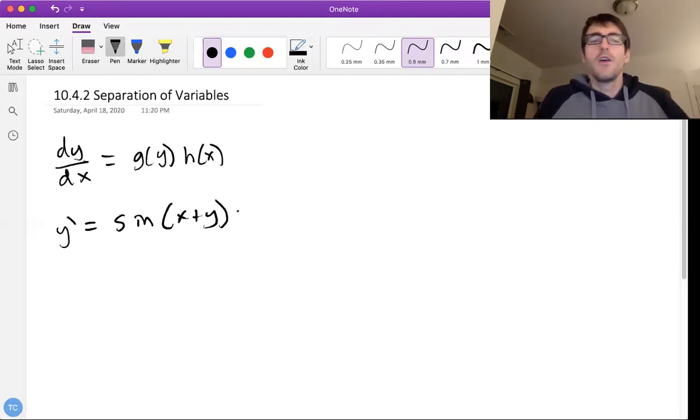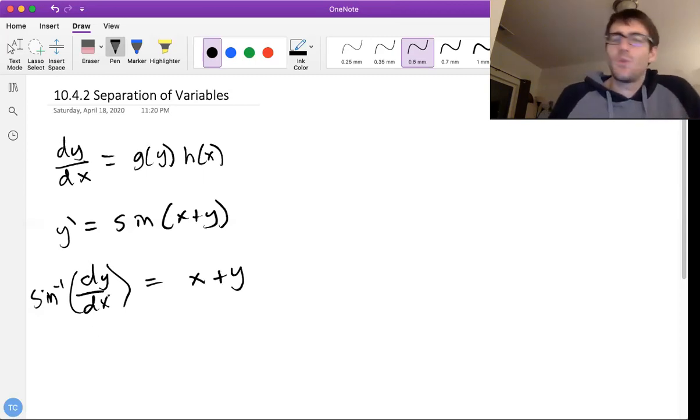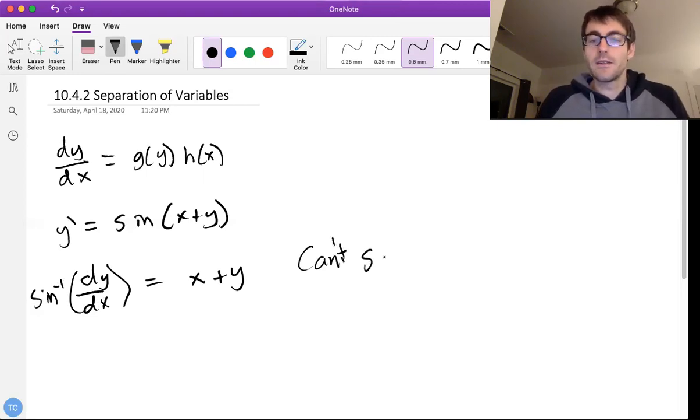we can't do separation of variables for this because there's no way to isolate the x's and the y's in the same way. You might say, well, what if we took the inverse sine? So if we took the inverse sine, and I'm going to switch back to our dy dx notation, so dy dx, if we took the inverse sine of both sides, certainly a valid algebraic thing that we can do, but now we can't separate the dy and dx part. We can't multiply over a dy dx. There's no rule for distributing this. This is just a situation that we can't use